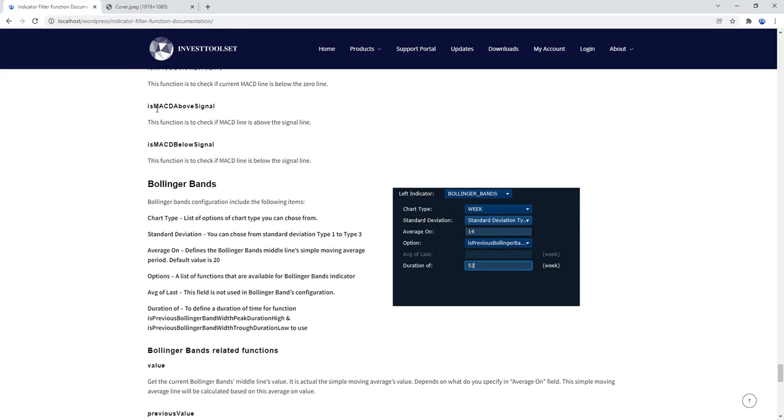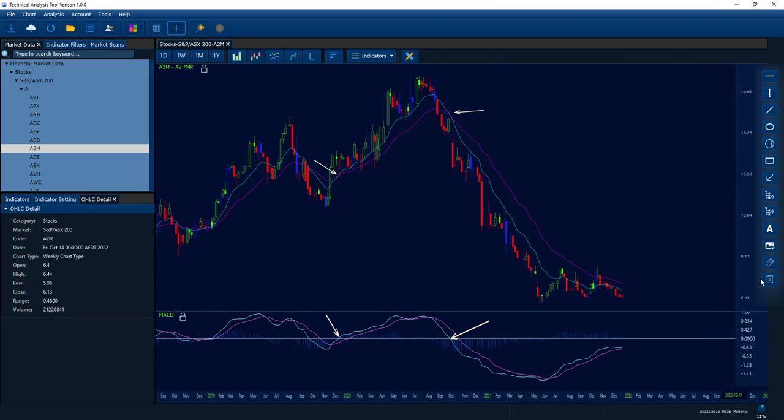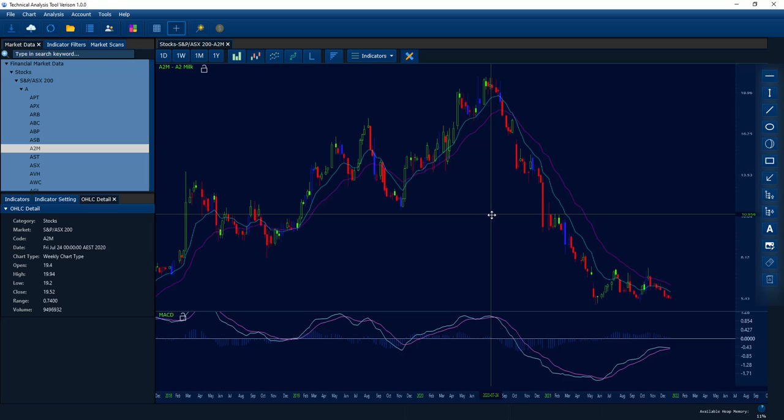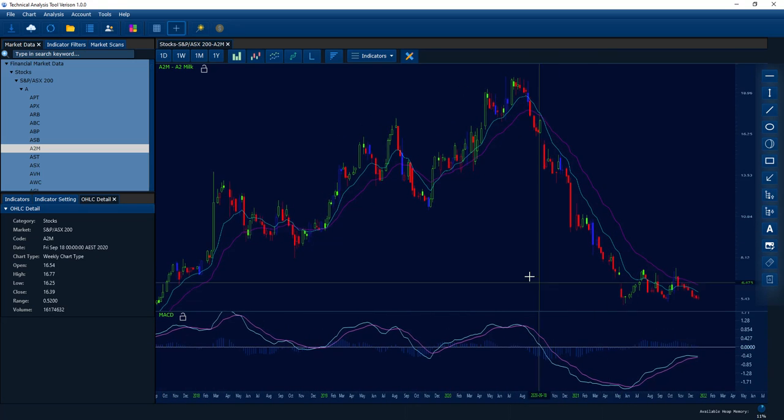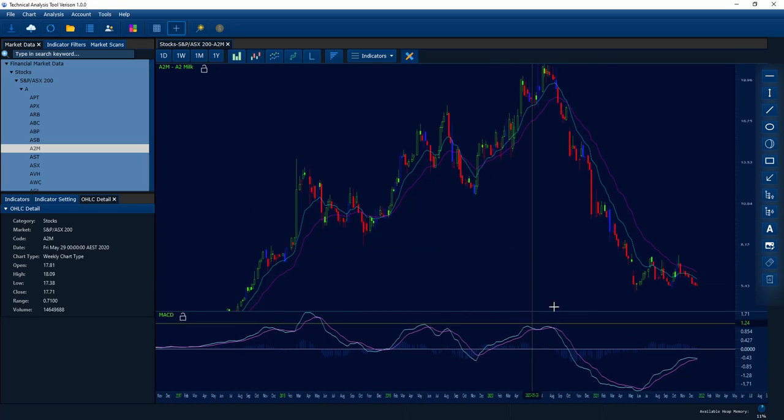The second one is MACD above signal, and another one is MACD below signal. These two functions just tell you some information about whether currently the MACD line, the light blue one, is above the pink one, or at the moment the MACD line is below the pink one. And not necessarily, these two functions are going to tell you the direction of the share price,